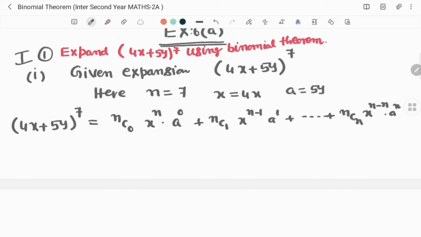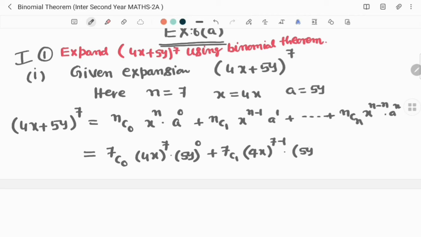In place of n, 7 is there now, so based on that you can write it, which is equal to 7C0 (4x)^7 (5y)^0 + 7C1 (4x)^(7-1) (5y)^1 + 7C2 (4x)^(7-2) (5y)^2